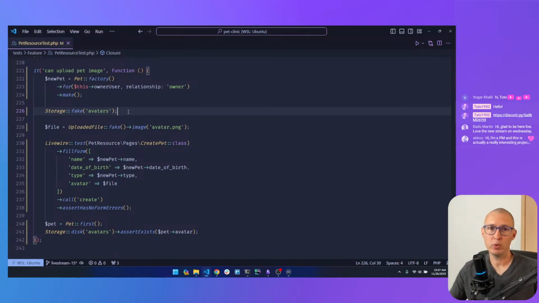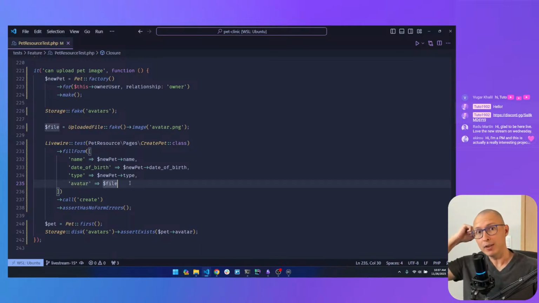But in this case, we create a fake disk for avatars, and we call it avatars. And then we create a fake upload file. So we create a fake avatar PNG file that we're going to then put into the form with fill form, and we are going to set that file into the avatar input. The avatar input is a file,